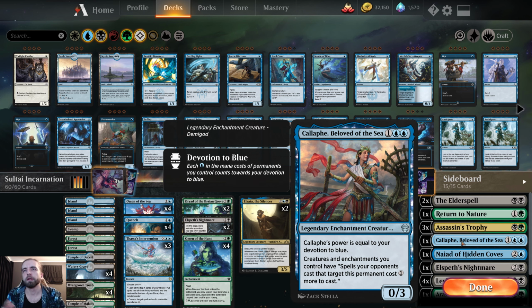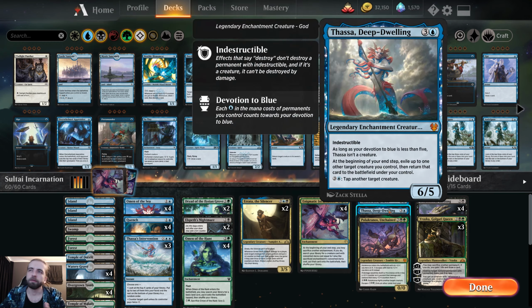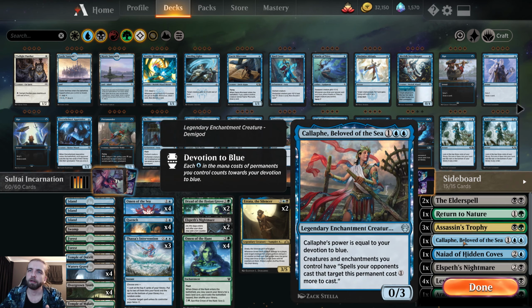Even Omen of the Hunt you can take 1 or 2 off, and you can run something like Caliph, Beloved of the Sea, which offers this extra protection for your Enigmatic Incarnation or Thassa Deep Dwelling, depending on the answers the opponents are running. So